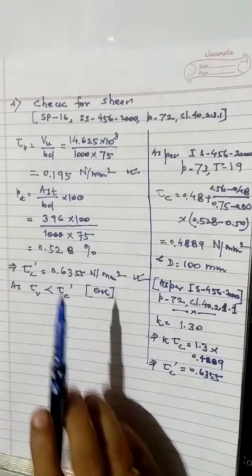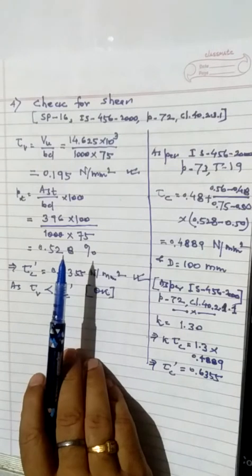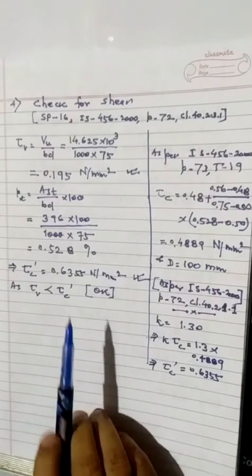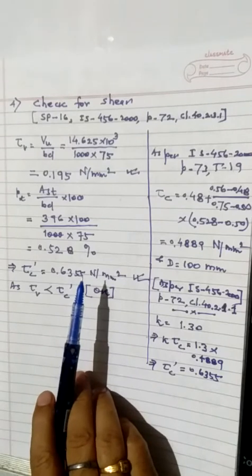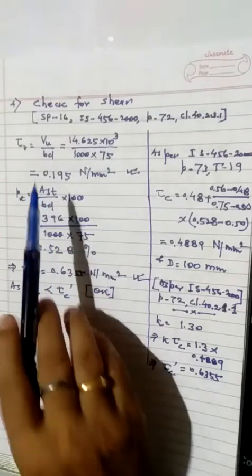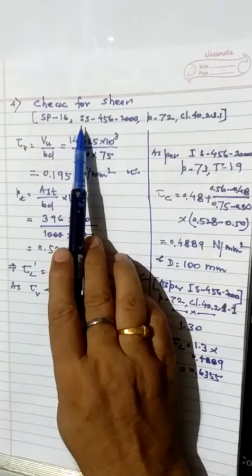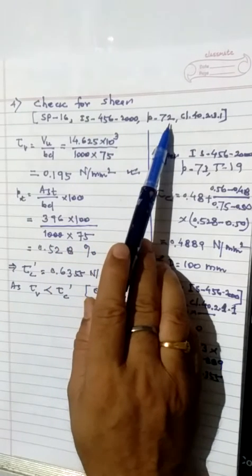Now the fourth check is we check the slab for shear. As we know, shear reinforcement is provided in beams as their depth is more, but the depth of the slab is smaller, so shear reinforcement as such is not provided in RCC slabs. But for a clear idea of what the status of shear force in the slab is, there is a shear check according to IS-456-2000, page number 72,